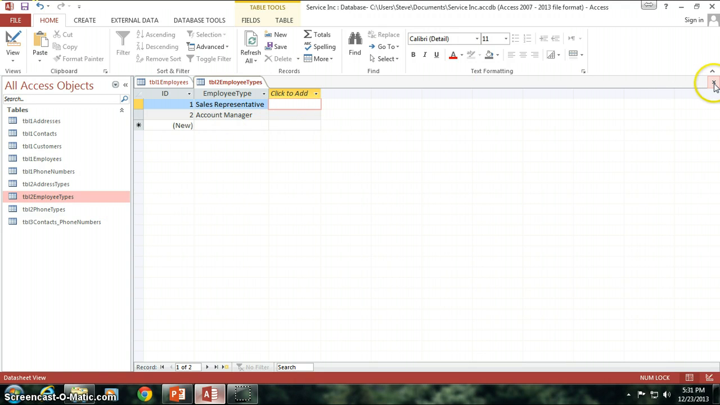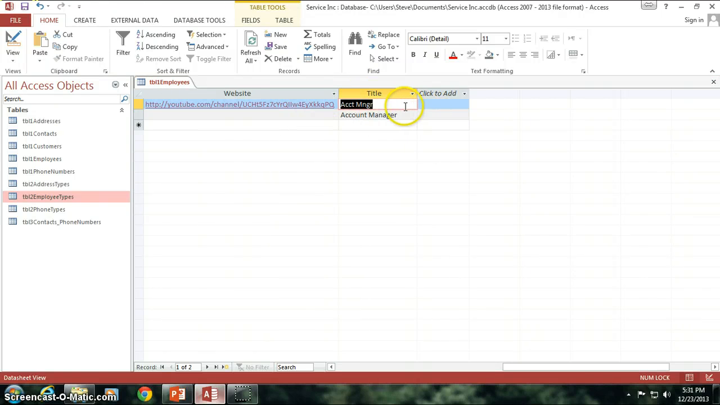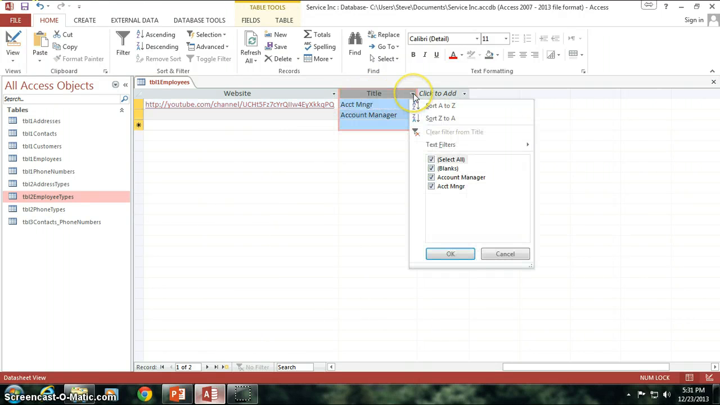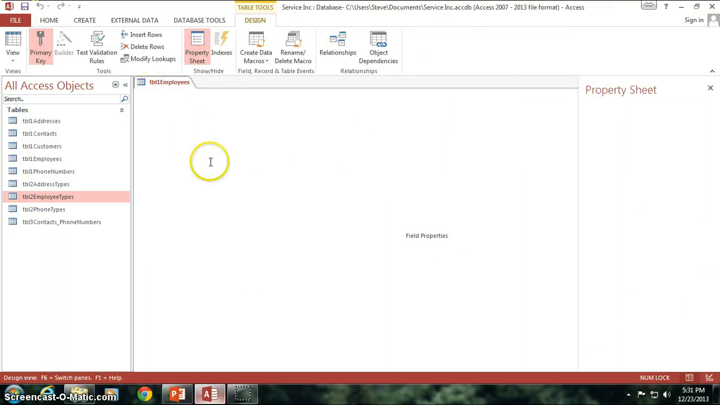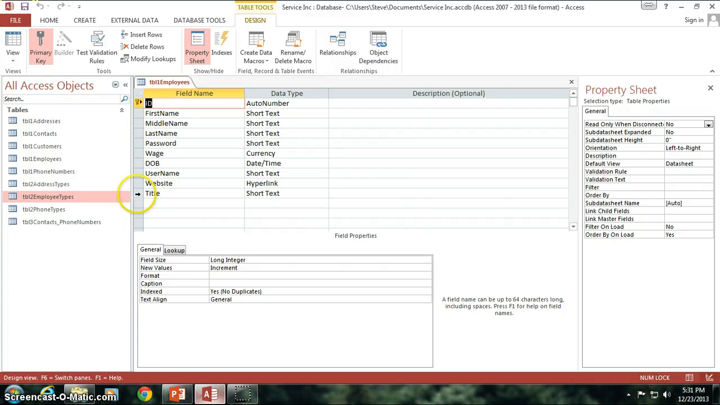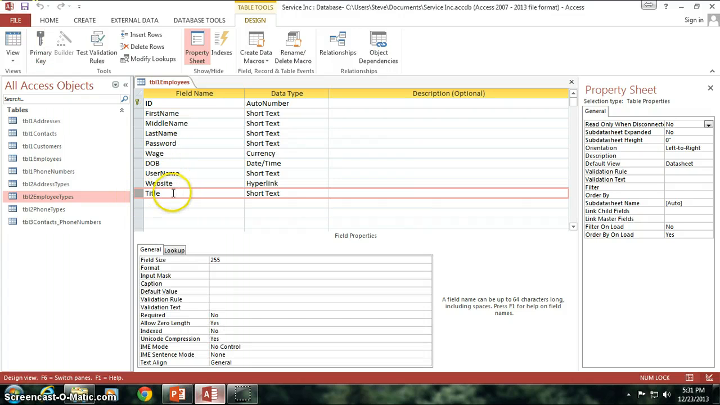However you want to arrange that type of data is entirely up to you, and that's one of the great things about database development: you can figure out for yourself how you want to arrange the data. So I've got my employee types, and rather than a title, I'm going to go ahead and remove this. I'm just going to go into the design view, and I'm going to change this. Remember, I just want to show you this real quick. If I try to change this,